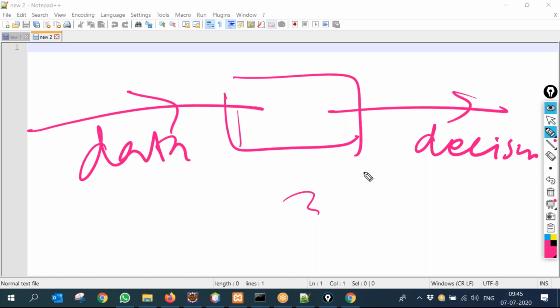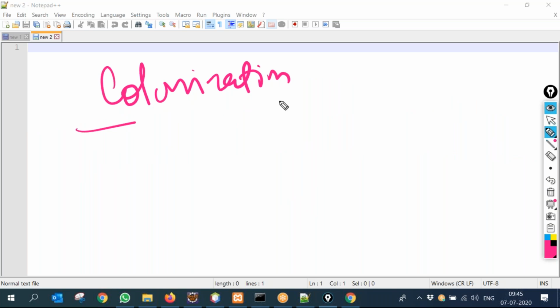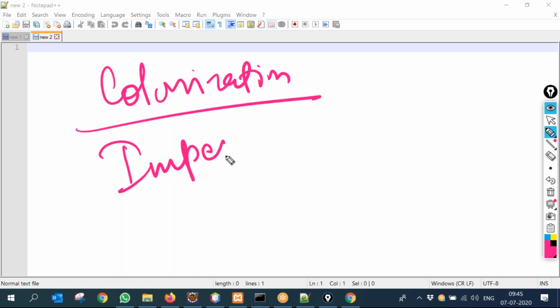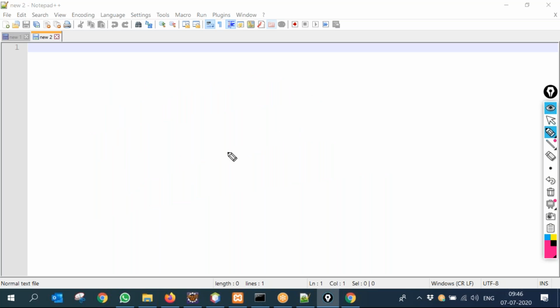But then there is a third party, which is very important. You will also learn during these next 3 months about colonization and imperialism. I believe you people know these words. Yes or no? Yes. India was a colony of the British for 200 years, right? We talk of corporate imperialism. You will realize what is happening.